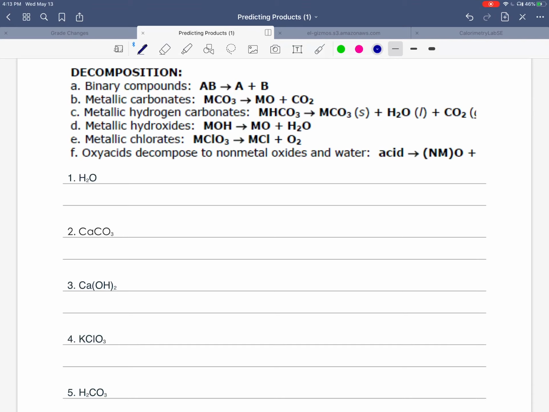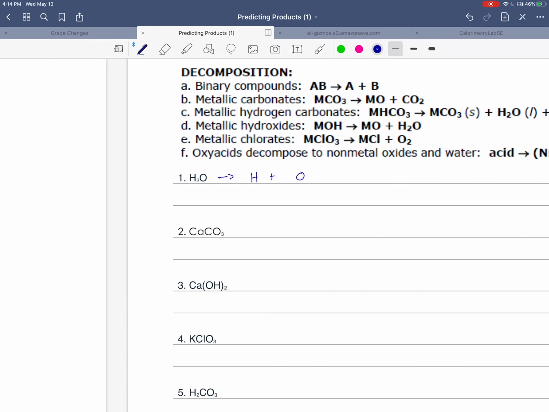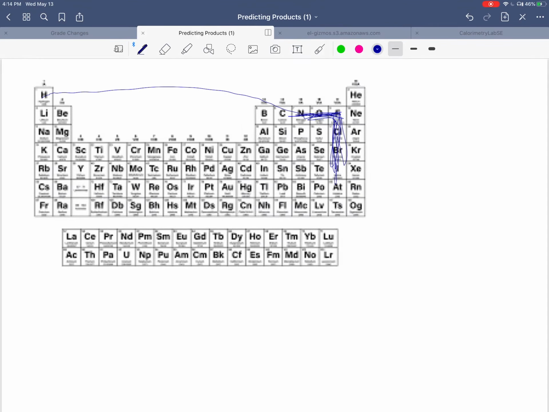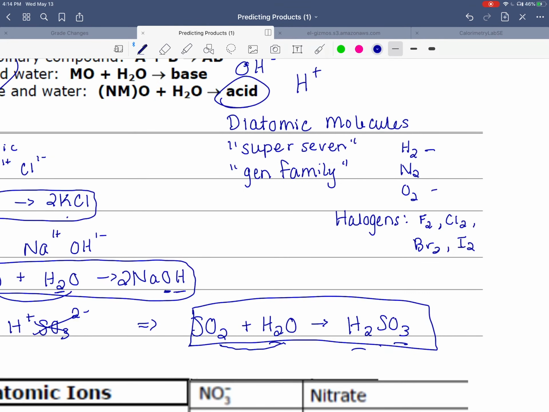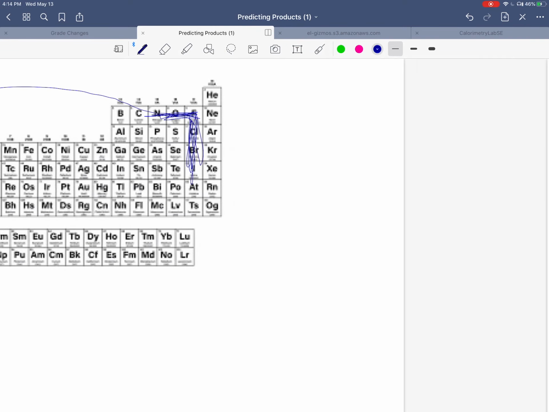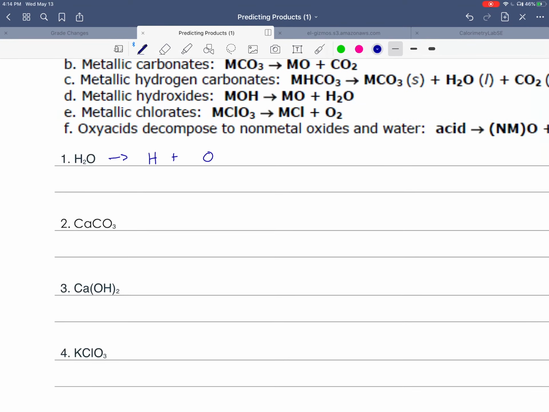So here we have H2O. That is going to break up into hydrogen and oxygen. Now, remember that hydrogen and oxygen are a part of the Gen family, which we said cannot be alone, so it has to have a subscript of 2. These are diatomic molecules, so we have to write H2 and O2. When we write the completed reaction, you have H2O yields H2 plus O2,